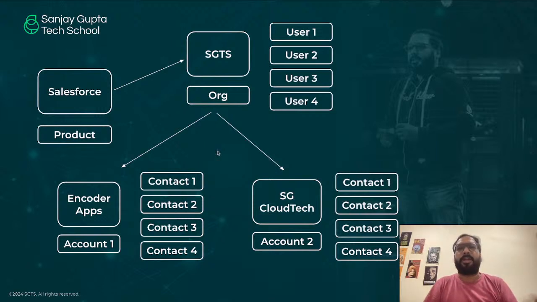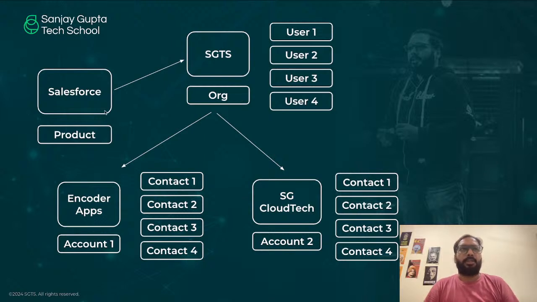Like if you want to explain Salesforce to a beginner, with the help of this diagram, you will be able to explain, like they will be asking what is the benefit of Salesforce, how Salesforce CRM actually works. So there are 3 entities involved. One is Salesforce, who develop the product. One is the entity who will be using Salesforce to manage their business. And the third entity are the vendors who will be working with the company who is using Salesforce to manage